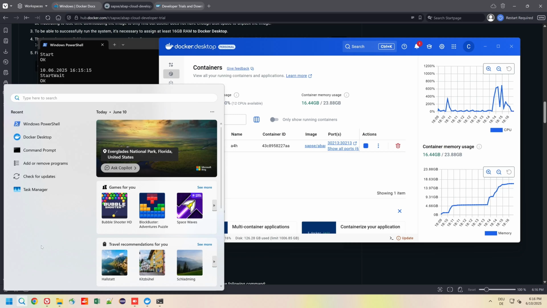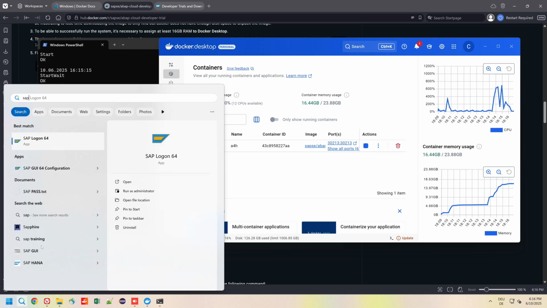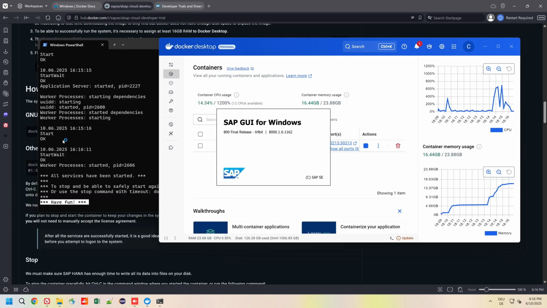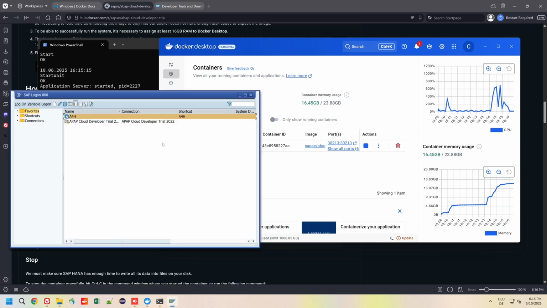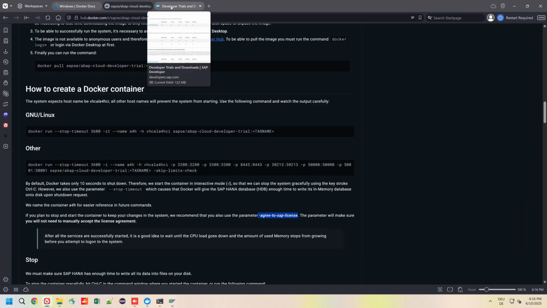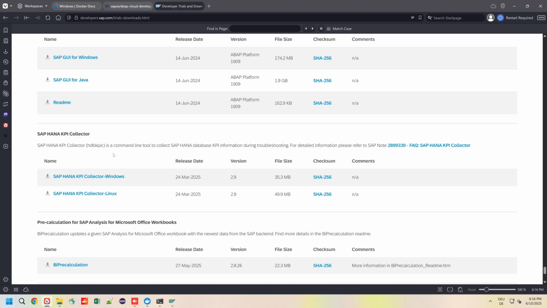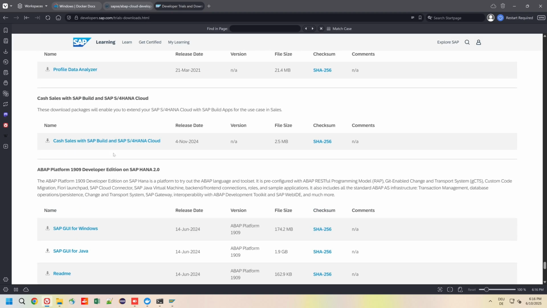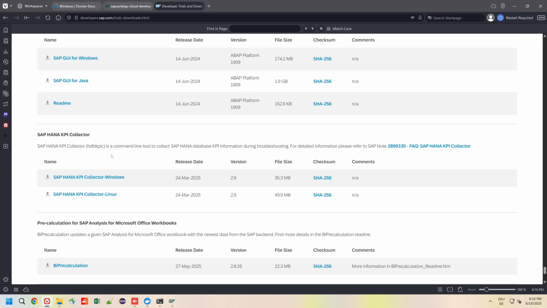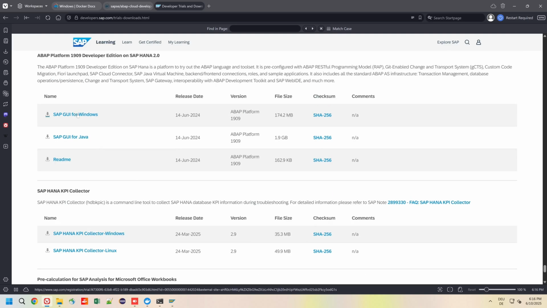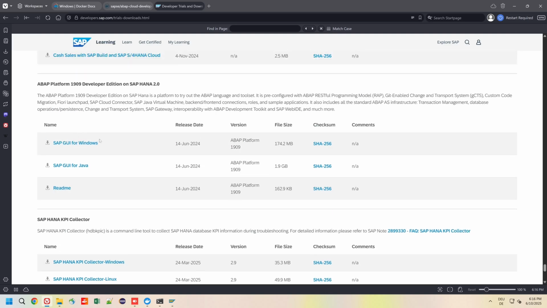Next, we want to log into this newly created system. For this, we need the SAP GUI. I have already installed one, but if you need this SAP GUI, I place the link to the software in the video description. Then you can download SAP GUI for Windows, install it, and then you have to create the properties for the system.